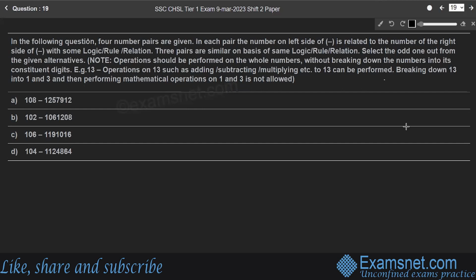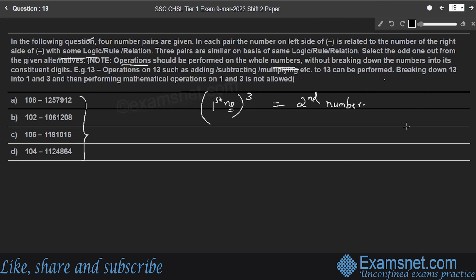Question 19. In the following question, 4 number pairs are given. In each pair, the number on the left side is related to the number on the right side with some logic, rule or relation. 3 pairs are similar on the basis of the same logic, rule or relation. Select the odd one out from the given alternatives. Note: operations should be performed on the whole numbers. We should not break down the numbers into their constituent digits. So consider the 4 options. Here, there is a simple logic. First number and its cube,